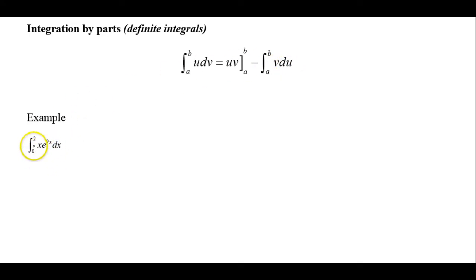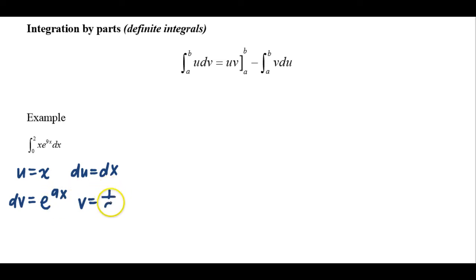So I have the integral from 0 to 2 of x times e to the 9x dx. So let's go ahead and choose our u to be x and our dv to be e to the 9x. So now du is dx, and v, so the integral of e to the 9x, is 1 over 9 e to the 9x. So here's my scratch work. Starts out the exact same way